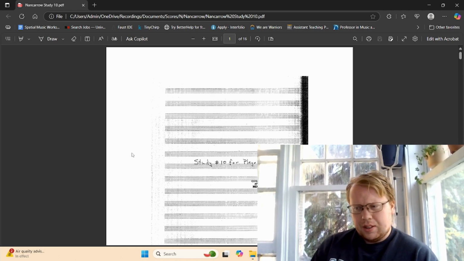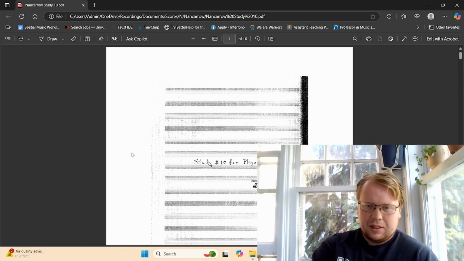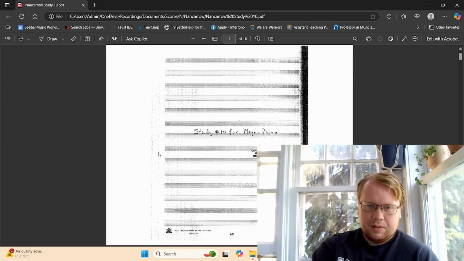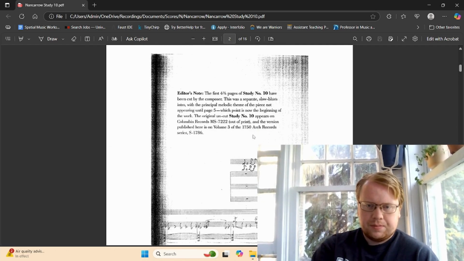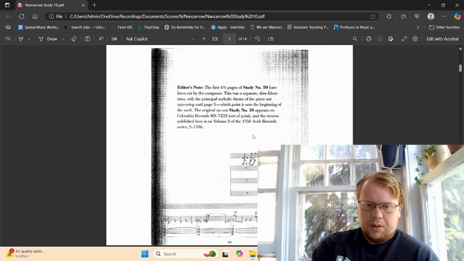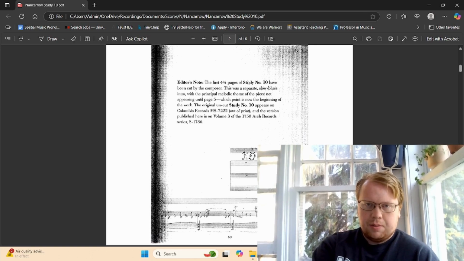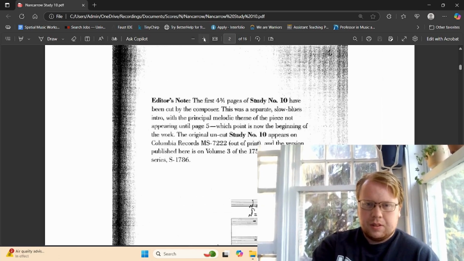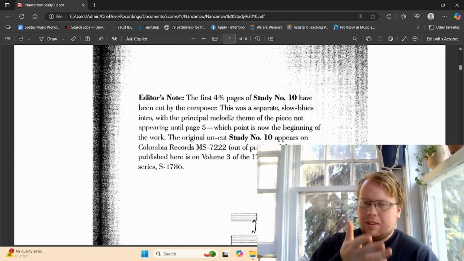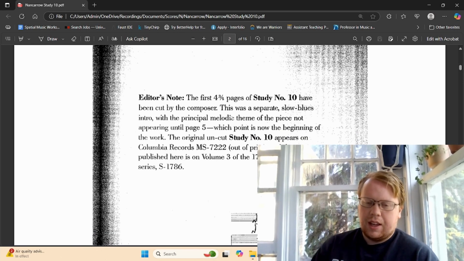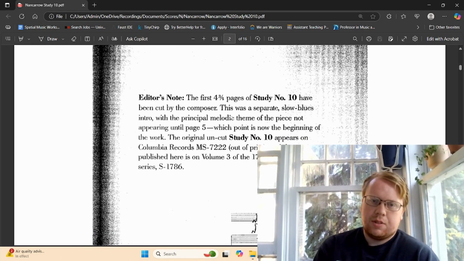So far, I find a lot of the studies we've looked at aren't particularly jazzy. They have a sort of tonal aspect to them, but I don't know. It's a kind of dubious designation in my opinion, but this is sort of the end of his early studies, the studies he wrote